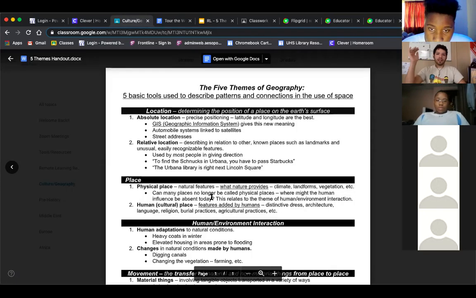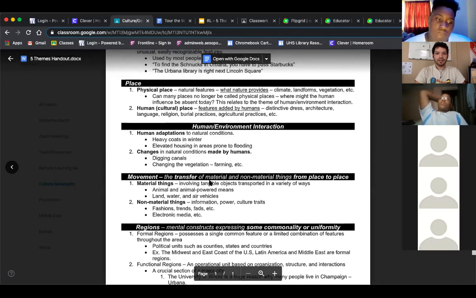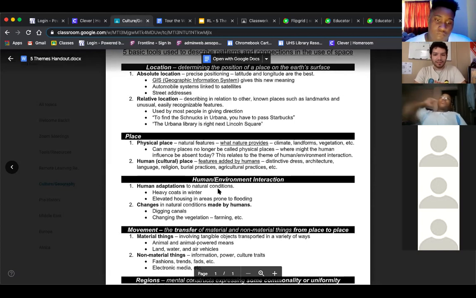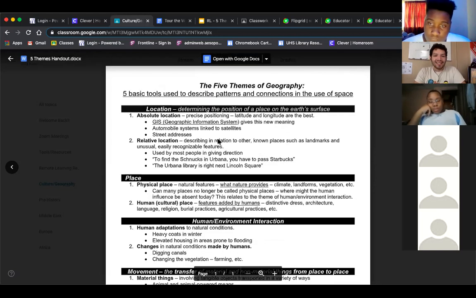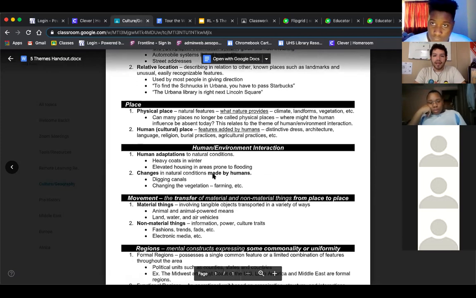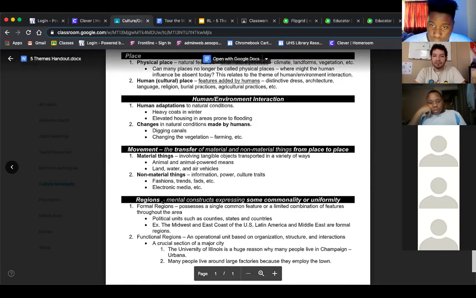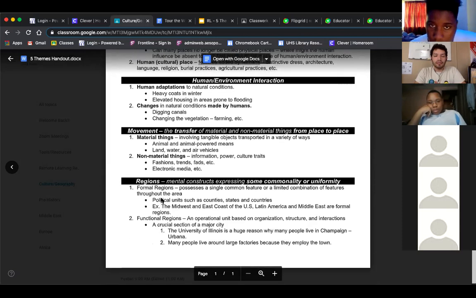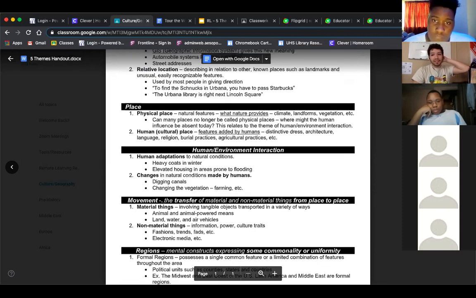To show you quickly, I gotta edit this up. Darn, I thought I fixed that. Mistakes happen. Okay, I'll fix that, no worries. So what we have is location, place, human-environment interaction, movement, and regions. Those are our 5 themes. Most of them are pretty self-explanatory. It's really in the name, except for one that I think is going to be a little confusing,